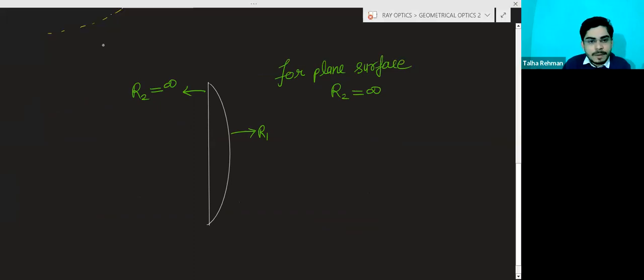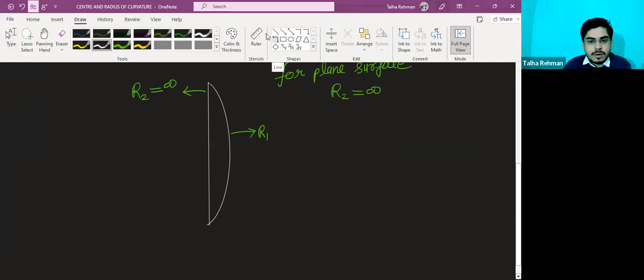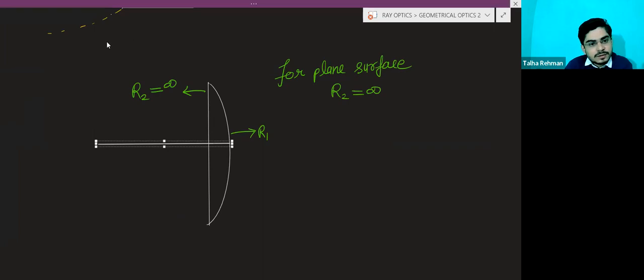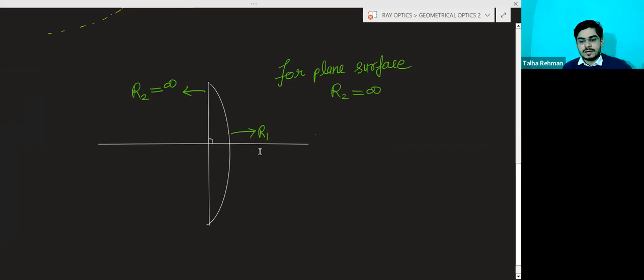We draw a perpendicular from the spherical surface to the mirror like this. You can extend this line also like this. So this line will be the principal axis, but this should be at 90° here. A line you are drawing which is making an angle of 90° with the plane surface and joining the